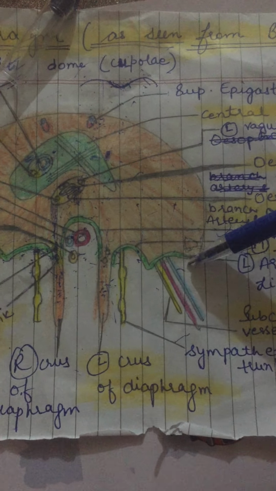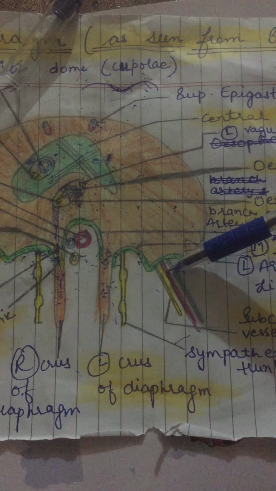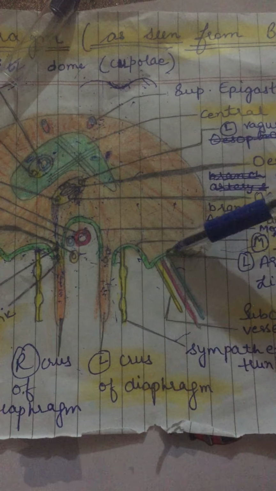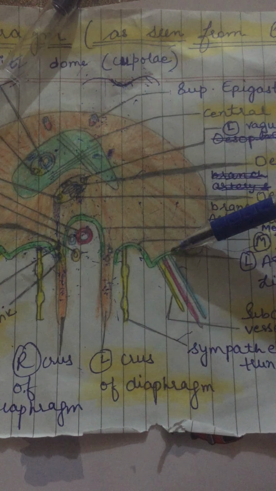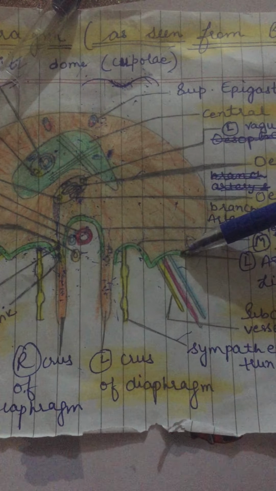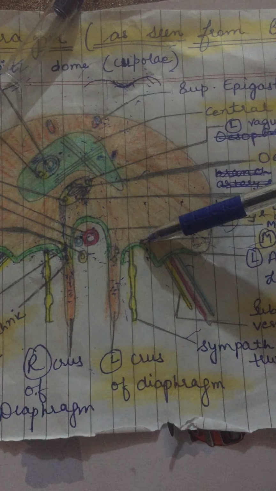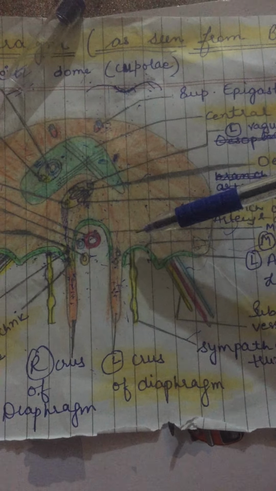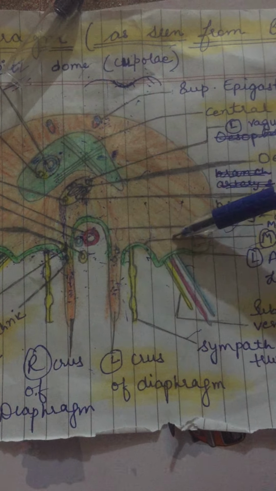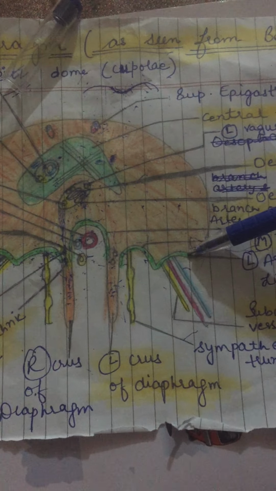Then the lateral arcuate ligament or lateral lumbocostal arch arches in front of the quadratus lumborum muscle, and it is formed by thickening of the anterior layer of thoracolumbar fascia. It is attached medially to the tip of the transverse process of the first lumbar vertebra and laterally to the lower border of the 12th rib. The medial one is attached from the body of the first lumbar vertebra to the tip of the transverse process, and the lateral from the tip of the transverse process to the lower border of the 12th rib, right?